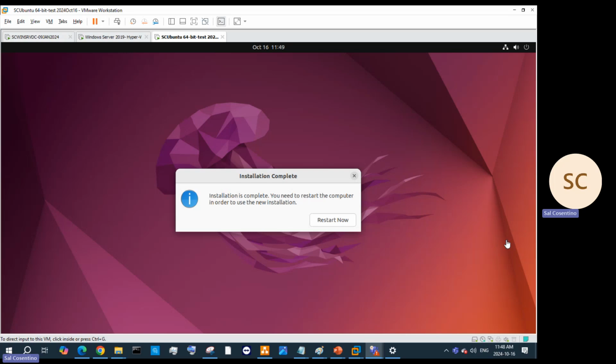Hello, welcome back. In this session, we're going to be talking about Ubuntu 22.04, Jammy Jellyfish version. For this Jammy Jellyfish version,